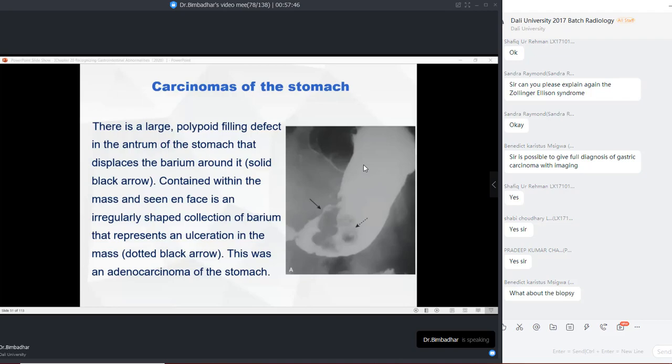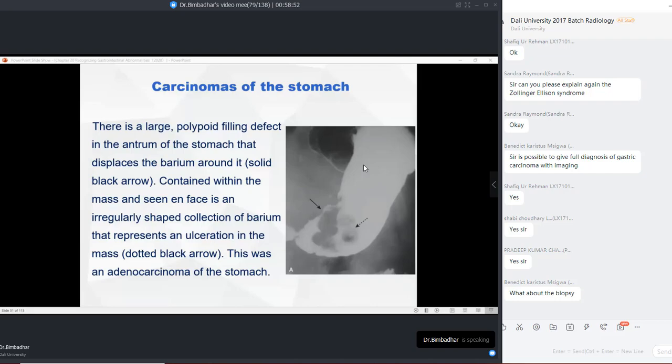Then you are going to do the fluoroscopic examination. On the fluoroscopic examination, you are going to see, along the distal one-third of the stomach, the lesser curvature, a polypoid filling defect area because it has been displacing the barium, which suggests that you might be looking at a mass. Some areas might also present as hyperlucent areas with a hyperdensity in between, suggesting a collection of barium. So a niche seen within a filling defect is a characteristic feature of the ulcerative form of gastric cancer, which is the adenocarcinoma. Right? Biopsy,